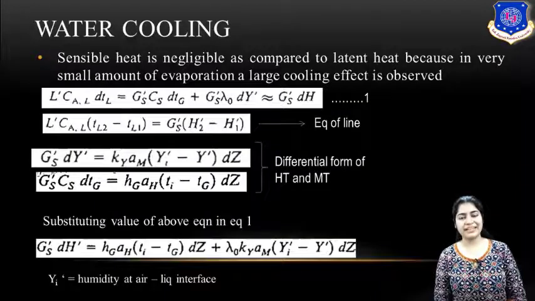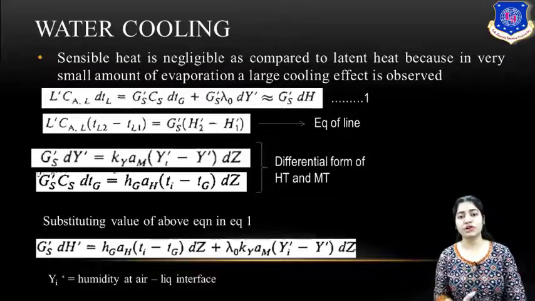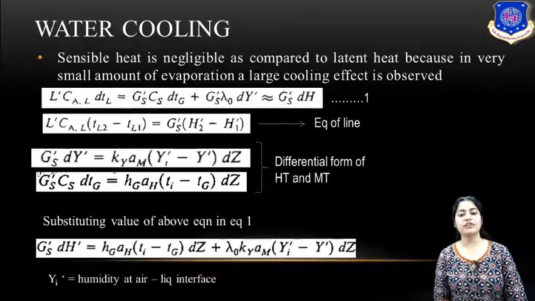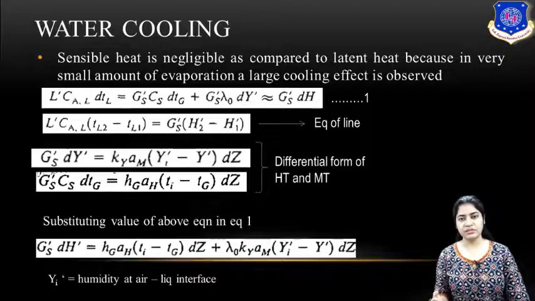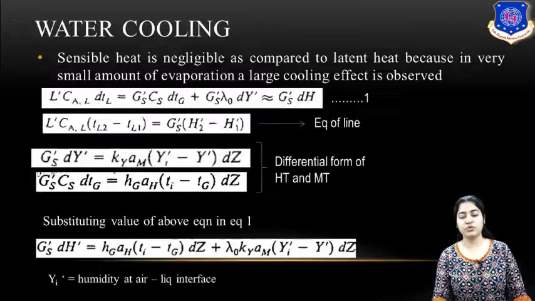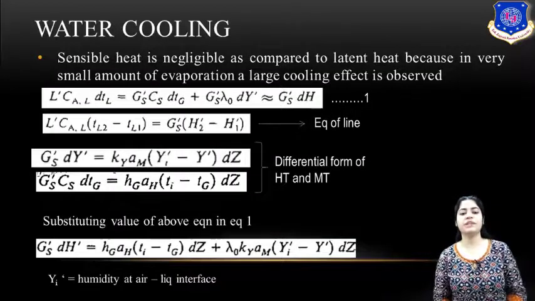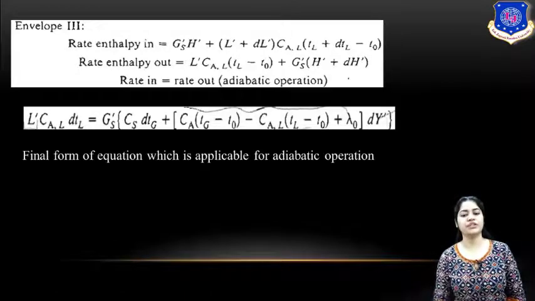Now moving forward, the next topic is water cooling. So water cooling is a kind of adiabatic operation. We saw in the adiabatic operation the cooling of a liquid. So the cooling tower principle is to cool your hot water using atmospheric air. So here we will be using the equations derived from the adiabatic operation to apply to the design of a cooling tower. So first of all, in the equation which we derived here,